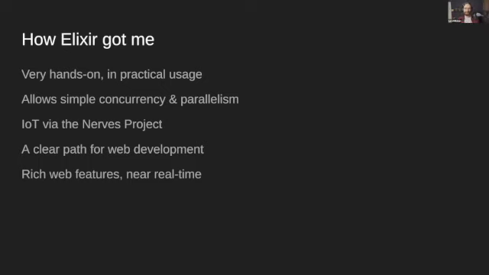Then it actually got me roped in via a project called the Nerves project, which allows you to do IoT development on hobby hardware, so Raspberry Pis and all of that, without needing to go via Raspbian and setting up your own custom stack, but rather boiling it down and letting you use Elixir in a very nice way. And it provided a clear path for web development, which is what I typically do. That's most of my work. And